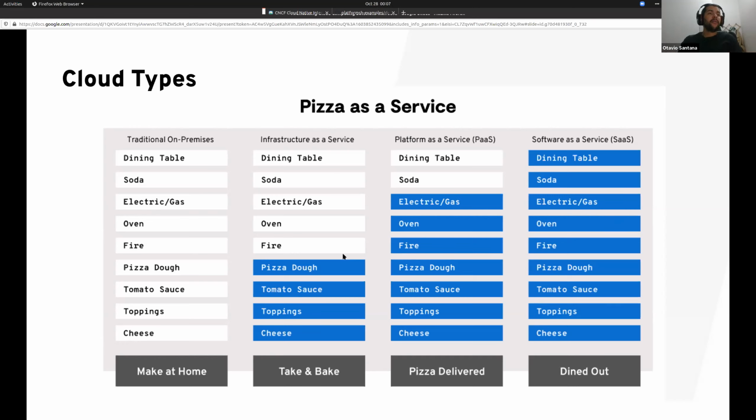The next one is pizza delivery. Basically, I don't handle and I don't want to handle the pizza anymore. I take my cell phone and order a pizza. Take the pizza. I just need to prepare my table, perhaps, or maybe if I want to, I can eat my pizza on my sofa while I'm watching Netflix, something like that.